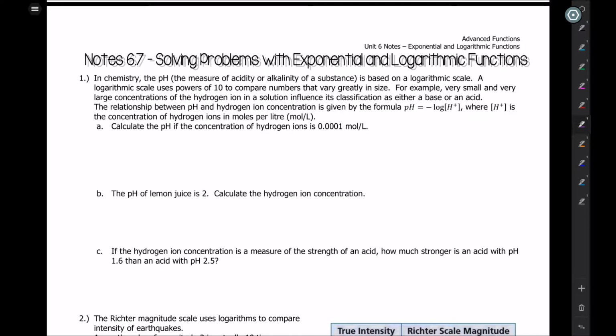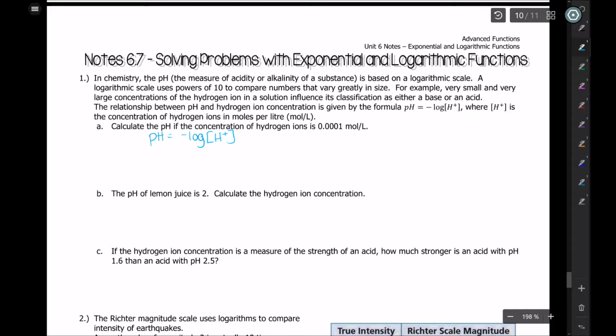So the relationship between pH and hydrogen ion concentration is given by the formula pH equals negative log of H plus, where H plus is the concentration of hydrogen ions in moles per liter. So the first question asks us to find the pH if the concentration of hydrogen ions is 0.0001 moles per liter. Okay, so here, if I know that the formula says that pH is equal to negative log